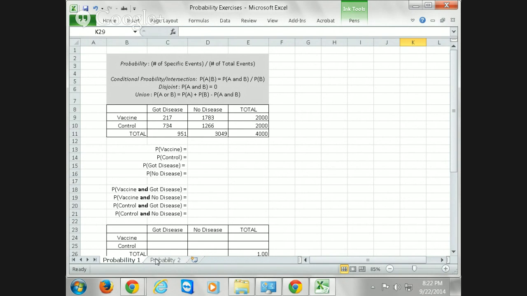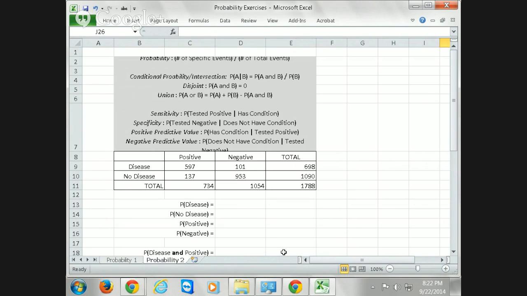And then another way that's very common in public health is under probability 2, I have whether or not someone has a given disease and whether or not a screening test actually identified that disease. So these are two different ways. In one, the disease is the outcome and some sort of event or exposure is the exposure. And in this case, whether or not they had the disease is often put on the left-hand column as the exposure, and then we look at how well the test performed for people who did and did not have the disease. So for example, this could be some sort of new HIV test